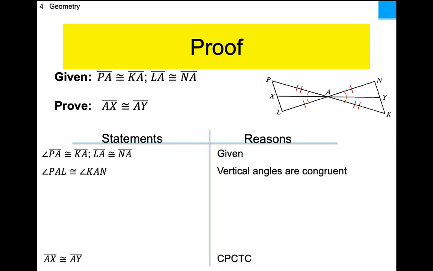So what can you tell me about the big triangles on the left and the right now? Because of, you ever see that? So the big triangles are congruent because of SAS. Now we can say CPCTC. Does that get us to the middle? It doesn't, but it can get us to maybe some of the other triangle parts. So let's see. If the big one's congruent to the big one,